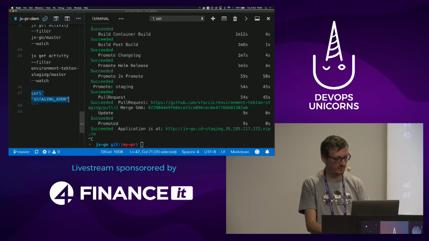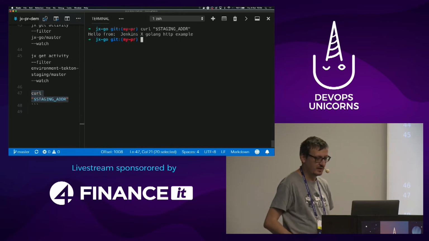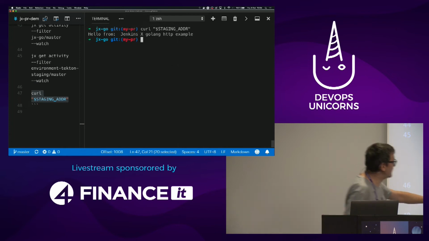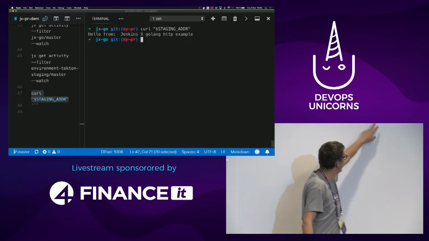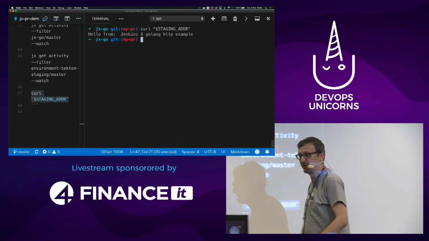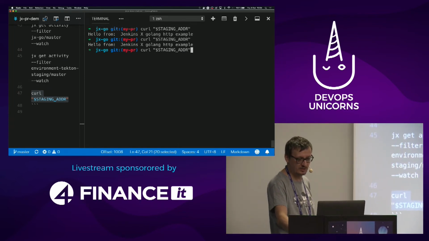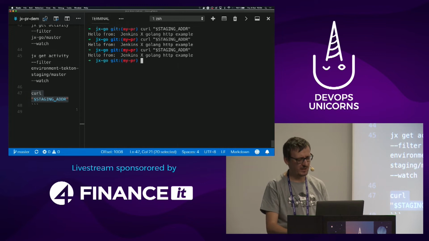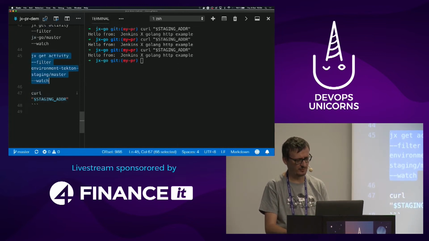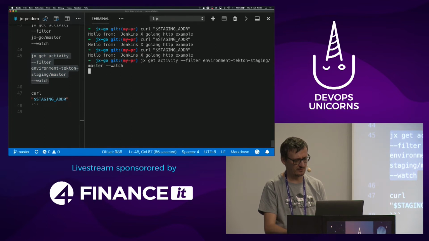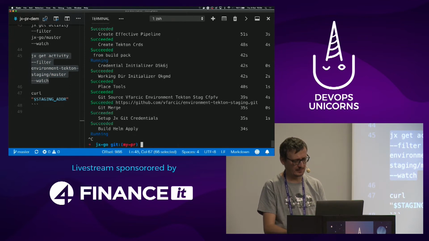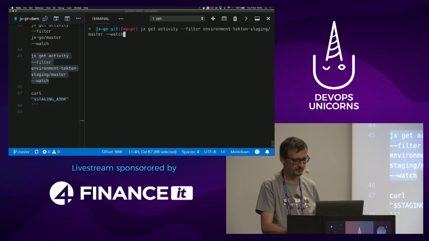And let's take a look. You remember that I changed the output message to something PR? This is still the old release. You know it's the old release because it says example, and I changed the code of my application to say PR, right? So I'm going to be patient. I'm not really patient, but I'm going to do my best to be today for you, especially. Let me see what's going on. Yeah, it's still deploying. Still deploying.